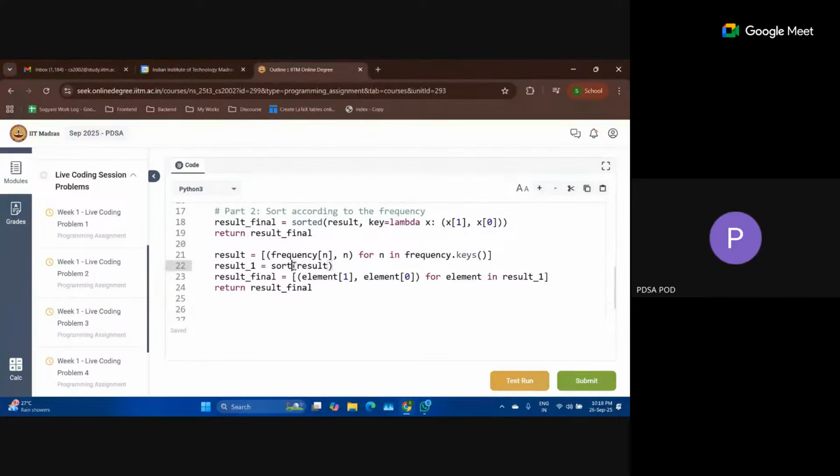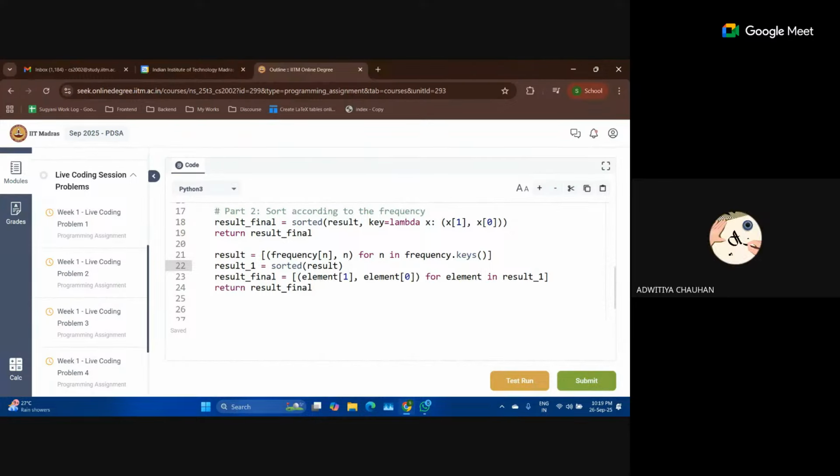Sort doesn't return anything. Sort is dot sort, so that would not return anything. Ma'am, there are two versions to sort the list, right? There's dot sort and sorted. So if you use result dot sort, then it will throw an error.